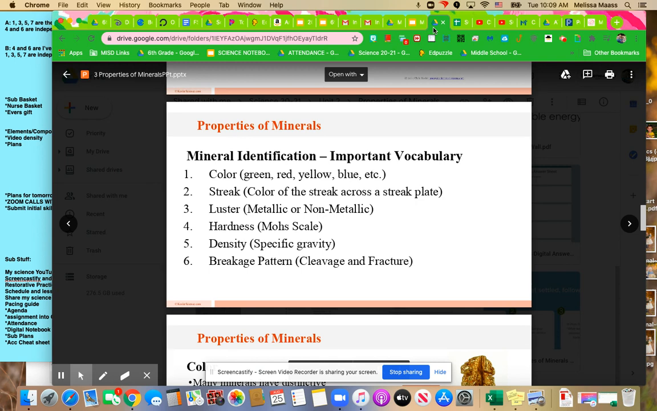So we also can do a streak test. So scientists will use this tile plate, if you will, and they'll take the rock and streak it on there, like take it and literally scratch it on the tile, and whatever color it leaves behind can tell us a little bit more about what mineral it is. For example, gold, and then there's pyrite. If you have a piece of gold,